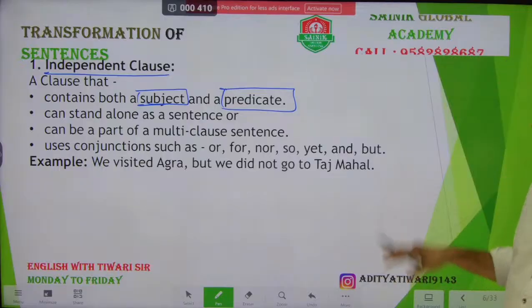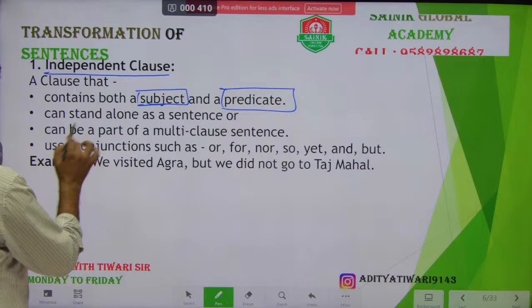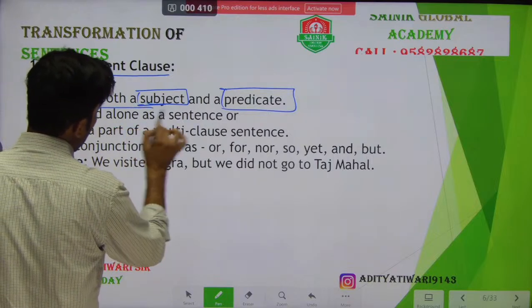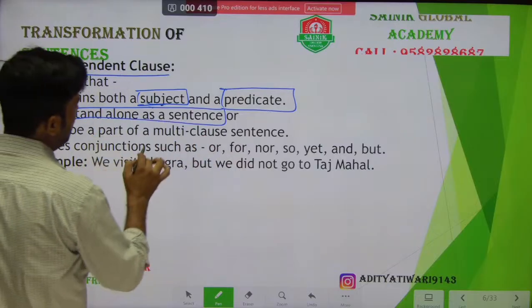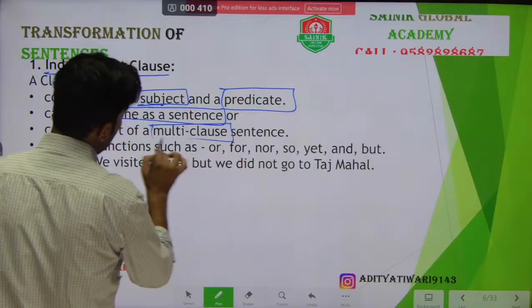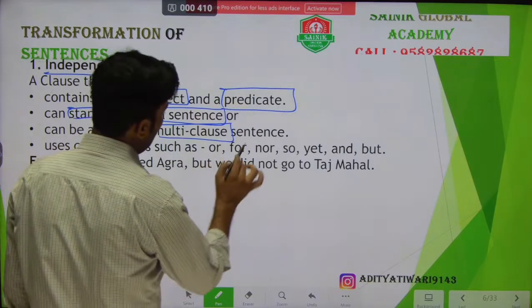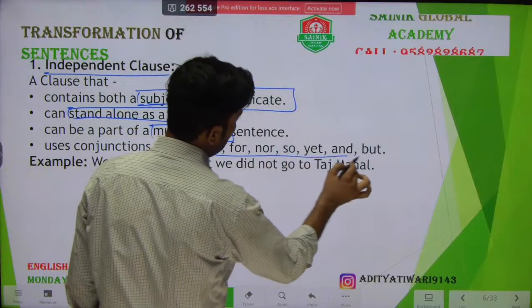An independent clause can stand alone in any sentence. Then, an independent clause can be a part of a multi-clause sentence. And in an independent clause we can use the conjunctions of fan voice like or, for, nor, so, yet and